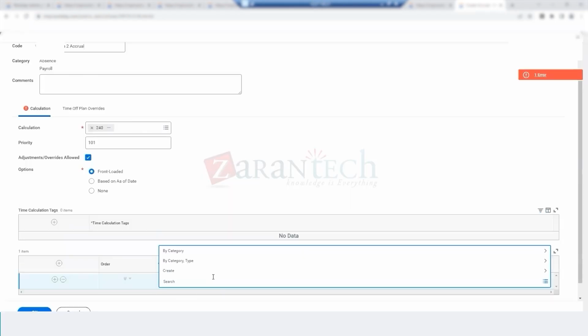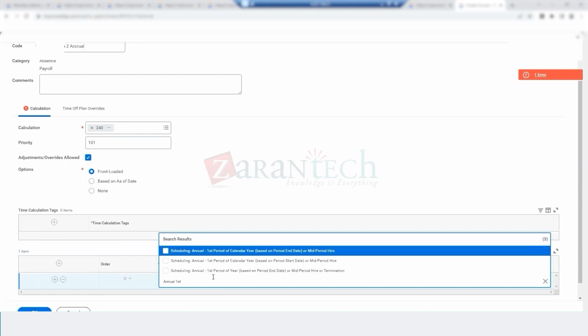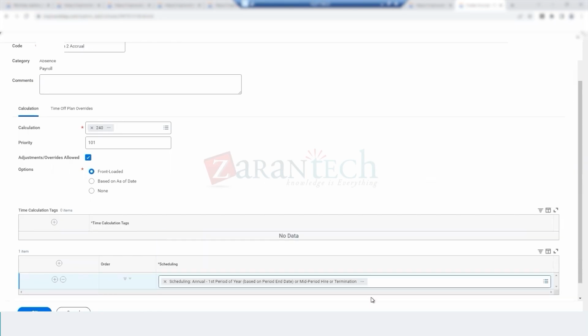So here we will add annual first. This is the one which was over here. The moment we schedule it, what will happen? Consider it as a triggering point. Scheduling is the triggering point. 240 hours would always trigger on the first period of the year based on period end date, which means the